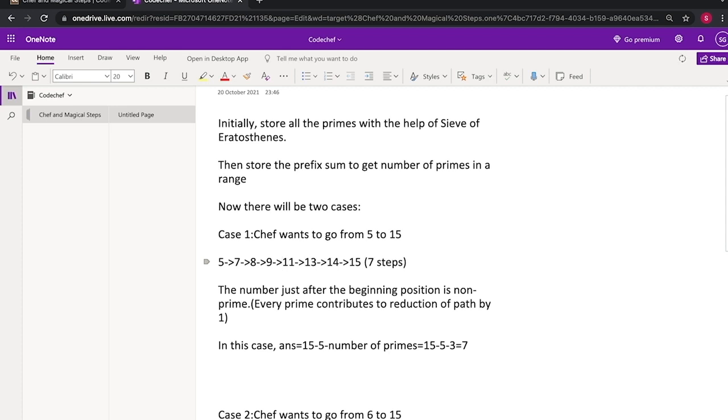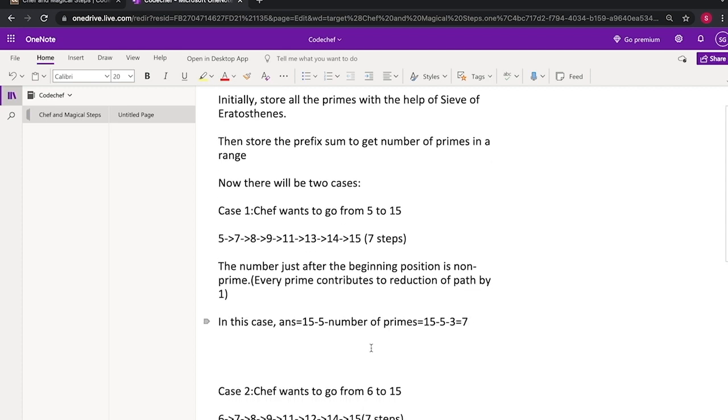So each of the prime numbers contributes to the reduction of steps. There are three prime numbers between 5 and 15, which are 7, 11 and 13, and each of them reduces the steps by 1. So the total number of steps he needs comes out to be 7.